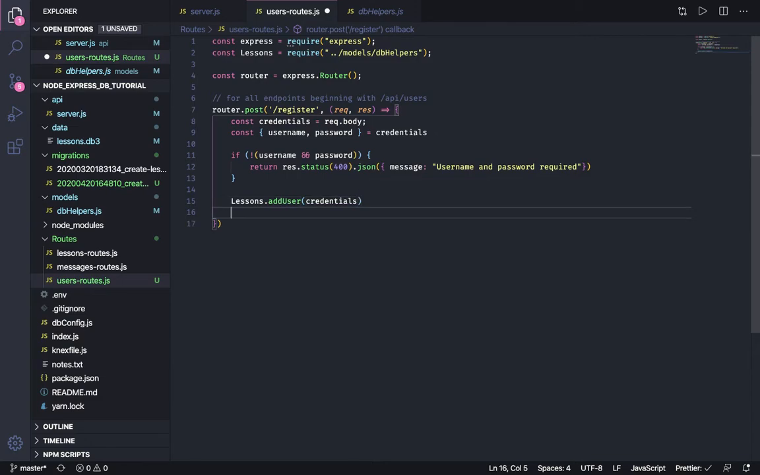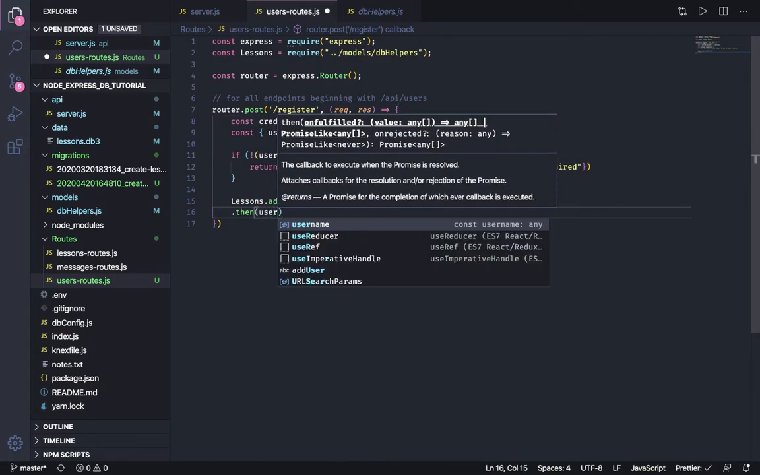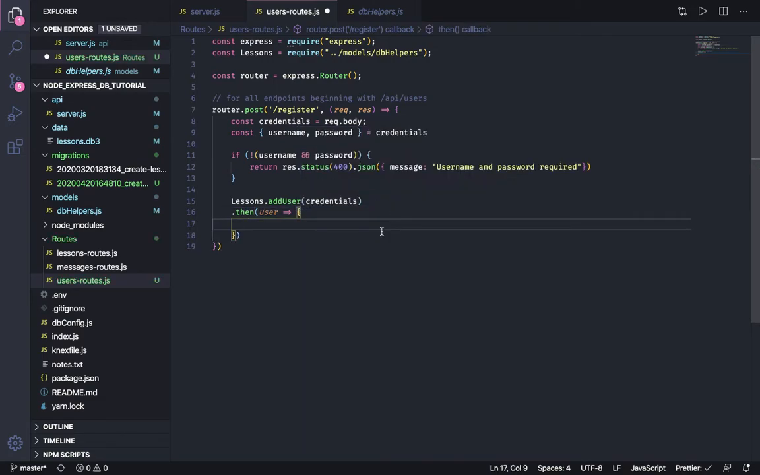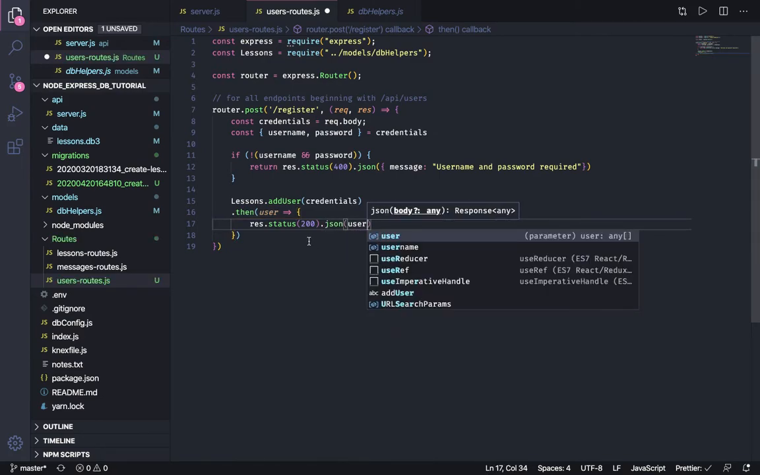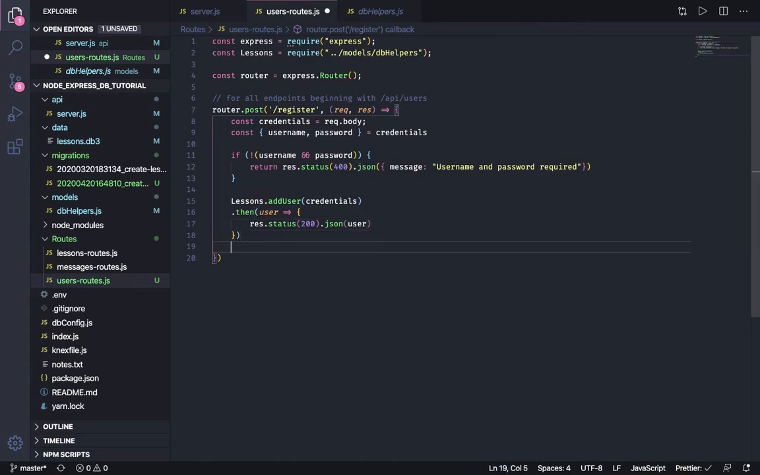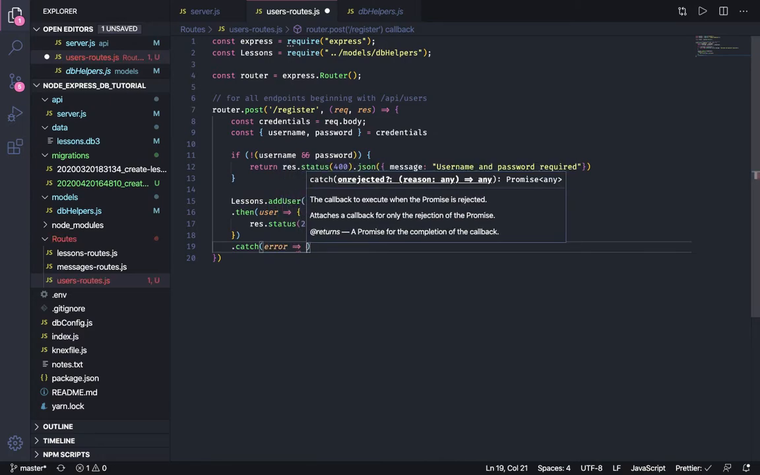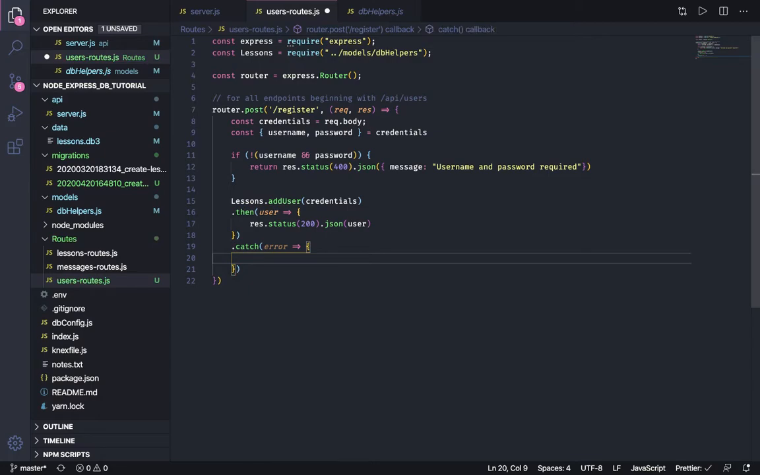And then we can do our dot then user, and then we can do a res.status of 200 if it goes in, returning JSON with the user object. And then anytime you do a dot then, you should have a dot catch error, and in the error,